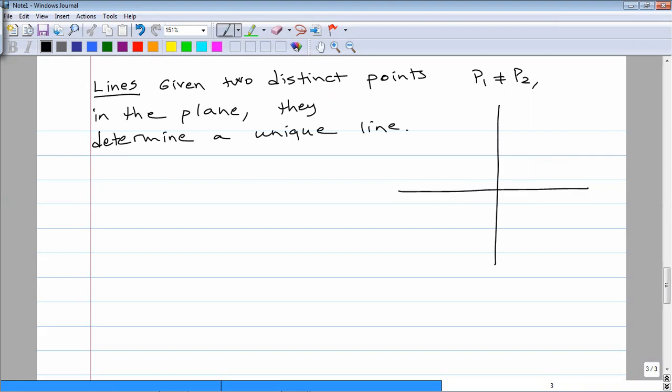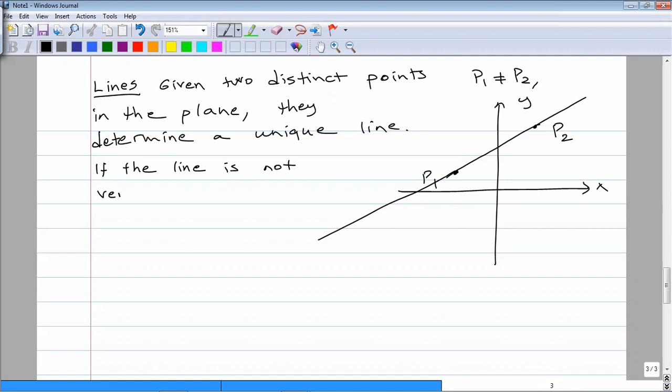So in the XY plane, you take a point P1 and another point P2, different from P1. They determine a unique line. If the line is not vertical, then for any 2 points on the line,